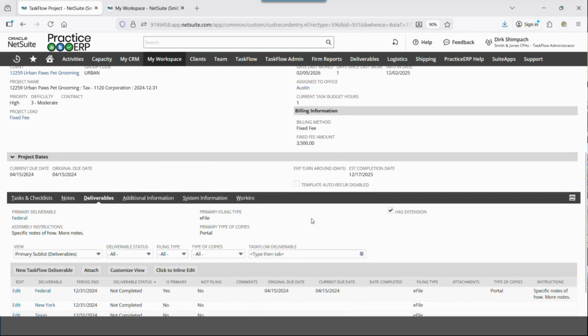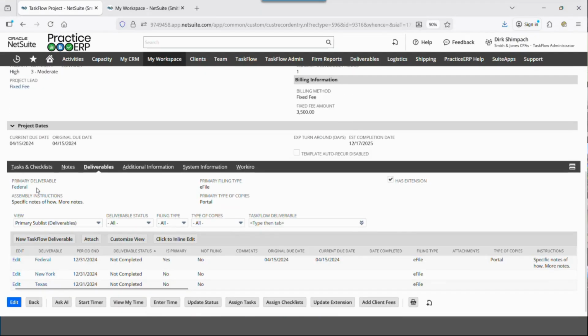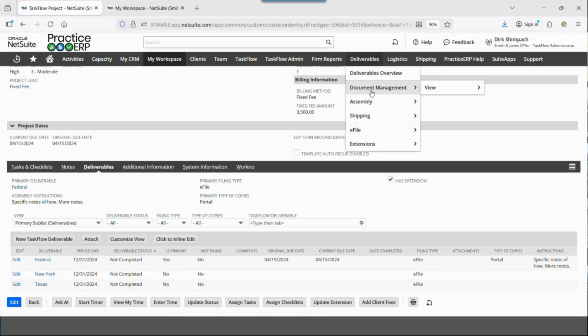Very deep deliverable functionality. You can track your federal return, you can track multiple state returns. We have templates that you can have by state. So if you work primarily in different states, you can have predefined templates. And then we have all sorts of ways where you can work with your deliverables in mass, where you can enter dates and do different things in kind of like an Excel fashion. Again, this is an area where we can do a much deeper dive, but just know we have very deep